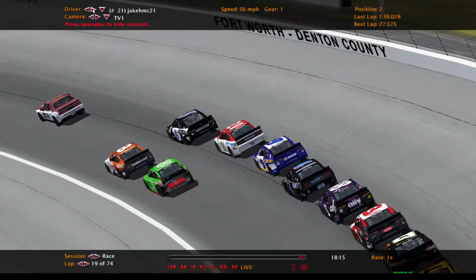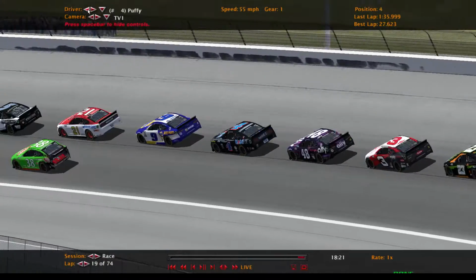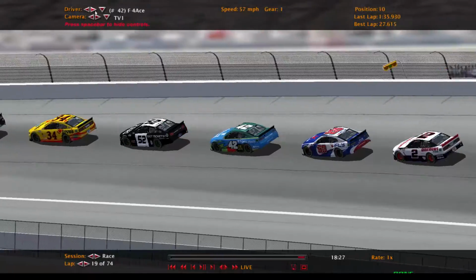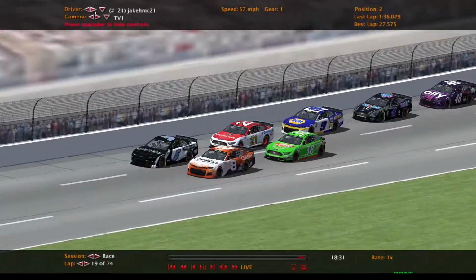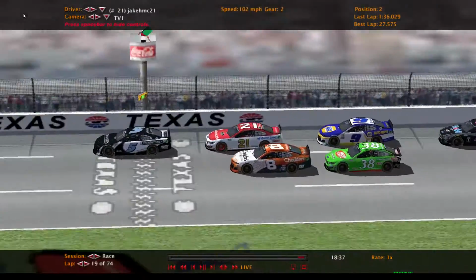So then, out of the people staying out, or lead lappers, I say it's Hyper, Jake, Ladion, Puffy, Vassell, KSS, Duke, Jerry, Canadian Lux, and F4 Ace being your top 10 of the lead lappers. Let's see how badly this goes once we go to back green. And yep,